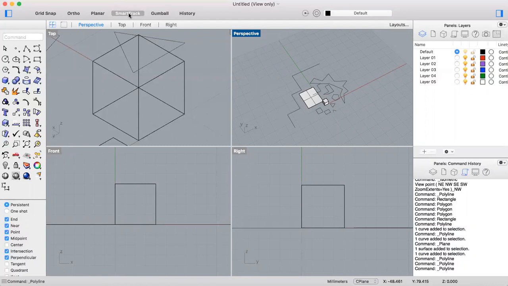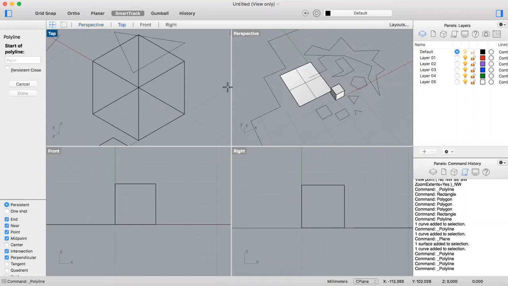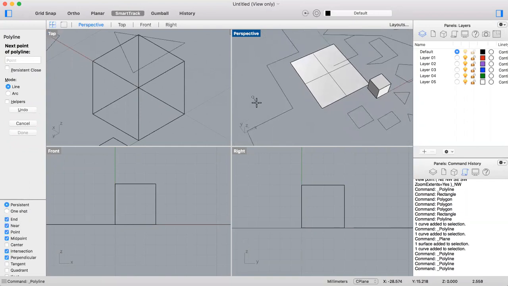So you'll see that when I have smart track selected, now I can toggle on these commands, and I've already pre-selected end, near, point, midpoint, intersection, and perpendicular. And so that means that as I'm going ahead and starting a new line, you will see that